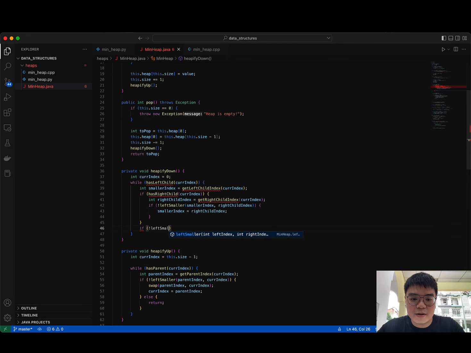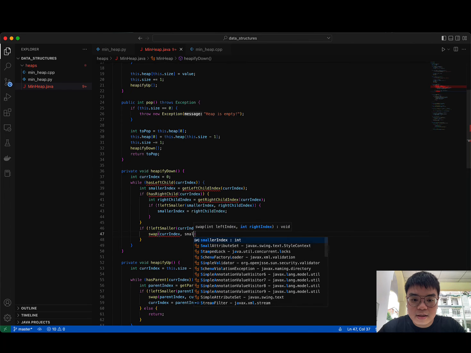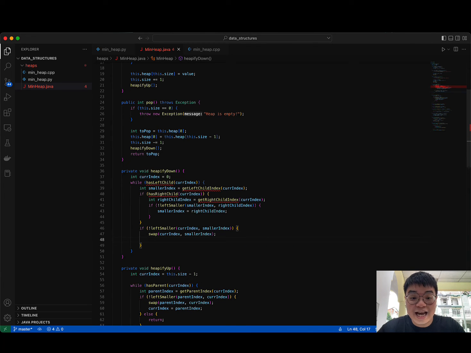Have smaller, and in this case, this would be current index and smaller index. And if the parent currently is not smaller than its children, then we'll just do the swap over here. So current index and smaller index like this. And if this is so, we will also set the current index to be the smaller index in preparation for